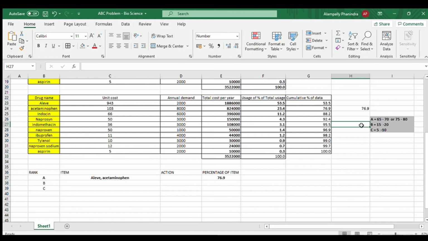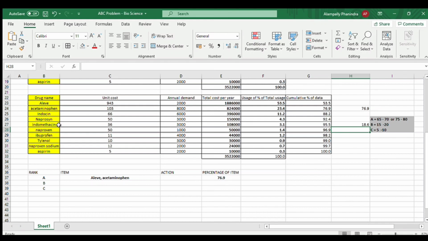Remember that. So instead of calculating individually, I will just take the function as sum, and the first two we have already placed under this A category. So I'm going to select these three things, and close the bracket. I'm going to get 18.6. What are the products which you have chosen in order to get this 18.6? Three things: indocin, naproxen, and indomethacin.